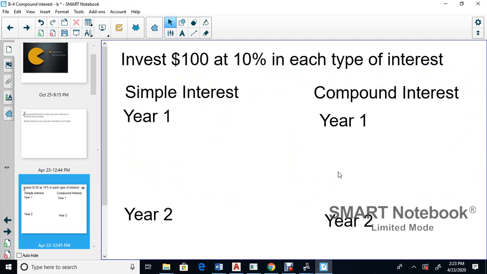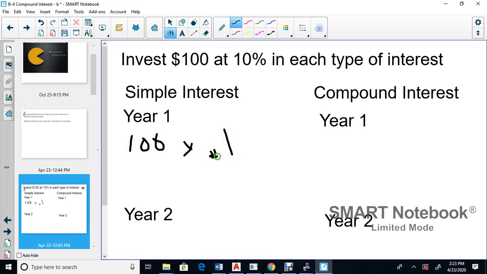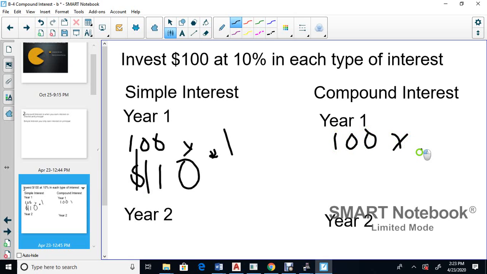So 10% after a year, this is how much interest you would earn. I'll use my pen here: 100, and you multiply 100 times 0.1. So 10% is decimal 0.1. You earn $10 interest after 1 year. In compound interest, the first year you do the same thing. You earn $100 times 0.1, and you earn as well $10. Okay, now for simple interest,